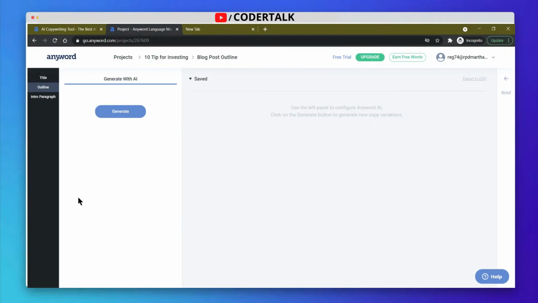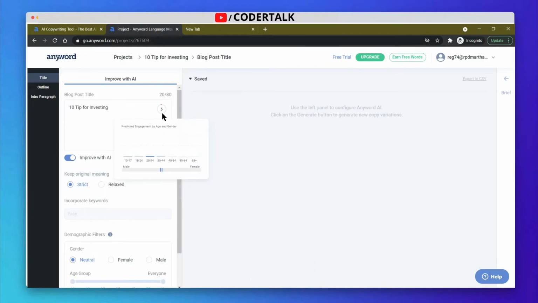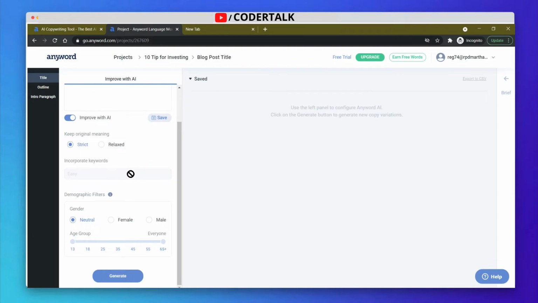Now if you want to generate more titles, suppose this one is very less engaging to the users, I need to improve it. So I click on generate blog post title, and this one is at 22 out of 100, which is not very engaging. So click on generate.